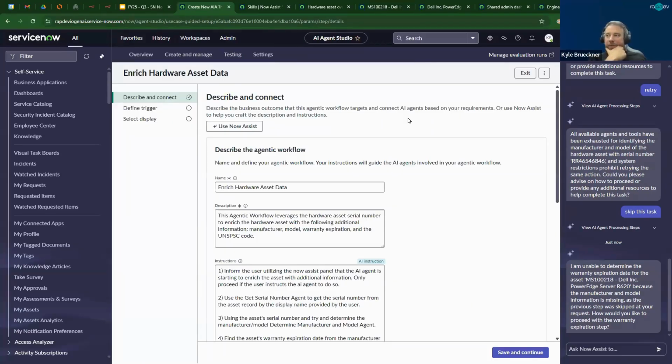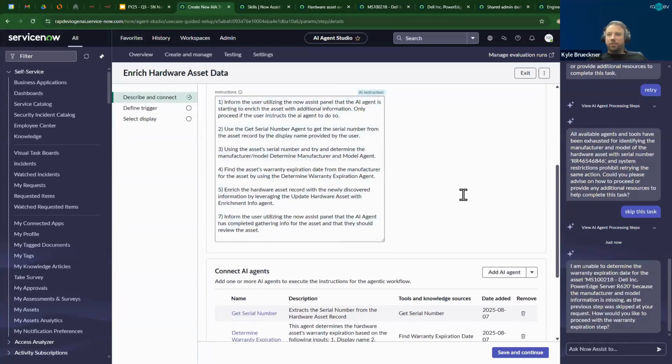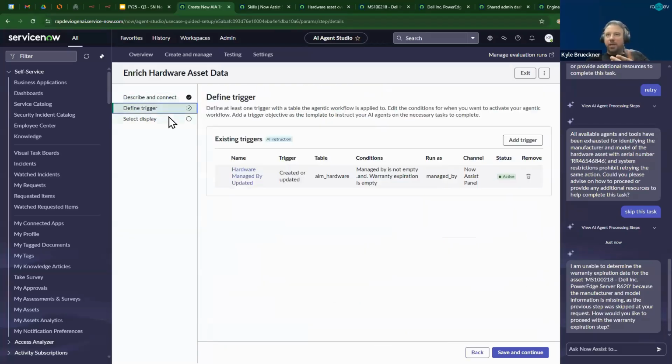Good. That's good stuff. I'm going to answer Rita's question real quick, which is, I don't see the tools and information section in Agentic workflow. Am I missing a role or something? So I've just entered an Agentic workflow here, ours from this use case, enrich hardware asset data. And you have these three sections: describe and connect, which is the instructions for the agentic workflow and the agents that it has at its disposal, right? The team that it can collaborate with. And then the only other thing you can do from an agentic workflow really is define a trigger,